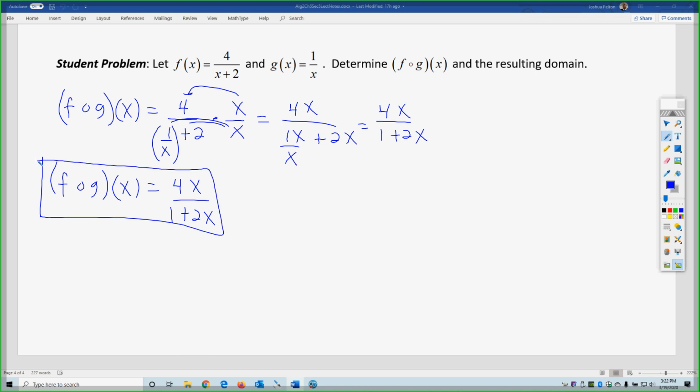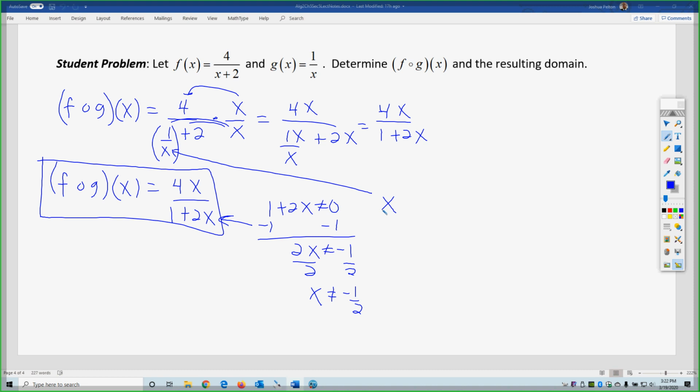Okay. Alright, so now we need to do domain. Are there any even roots or any denominators? There are no even roots. We do have a denominator. This denominator, 1 plus 2x, cannot be 0, because you cannot divide by 0. Minus 1. 2x cannot be negative 1. Divide by 2. x cannot be negative 1/2. Also the original one,